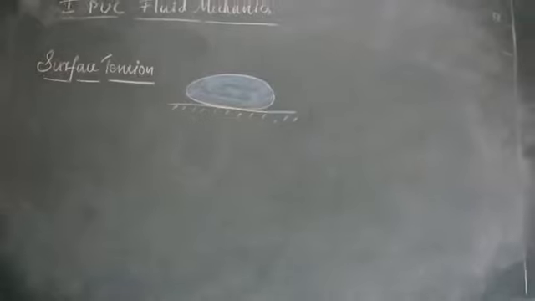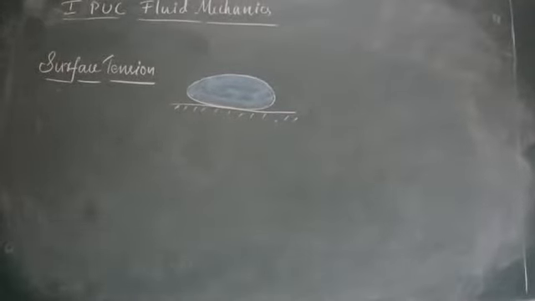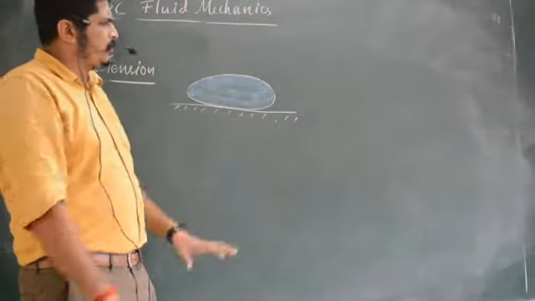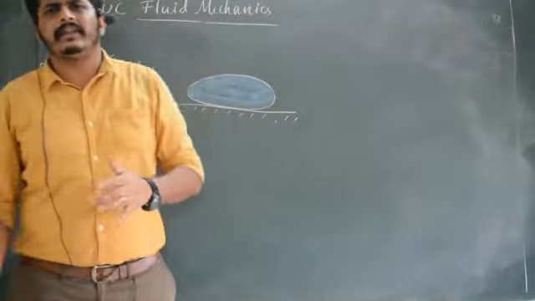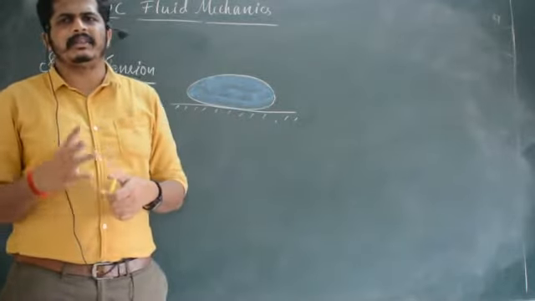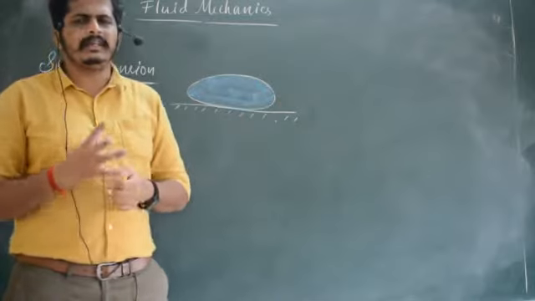Let us just take liquid which is actually in contact with the surface, like that we'll take. Any kind of liquid. Let us not take exactly standard water, because we know water will usually wet the surface. For diagram point of view, I have shown you like this. Okay, now what is this?